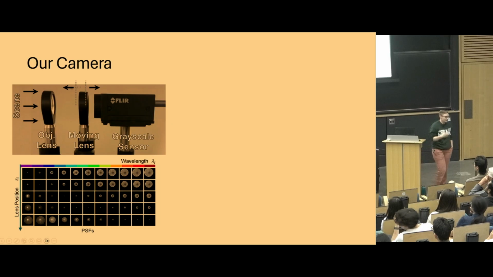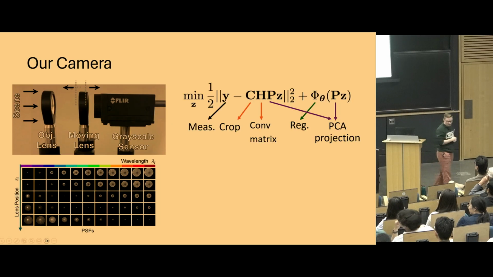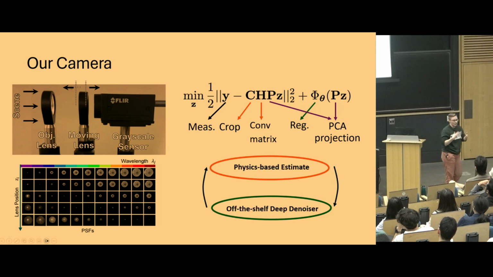We do select the lenses to kind of maximize rather than minimize chromatic aberration. So as you move around, different wavelengths come into focus, and then it all gets mushed together in this blur on our grayscale sensor. We can solve this, right? A standard kind of inverse problem. I'll note in orange here, we have our physical forward model. In green, we have a data-driven regularizer. And in purple, we have your standard principal components projection. And we can do an iterative algorithm and recover this color from this signal.